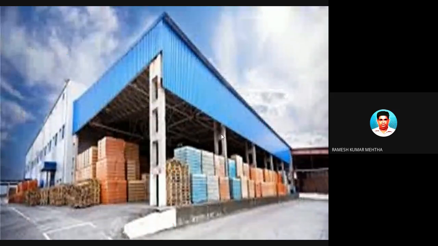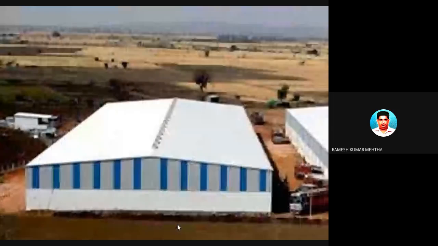So this is another image of a warehouse where the goods are stored, and this is the movement. You can see even the height of the warehouse. This is not like our ordinary houses whose height is like 10 or 11 feet. The height may be around 20 feet, where up to 20 feet they can store the goods by using caterpillars, excavators and other material handling equipment. So this is another warehouse image.